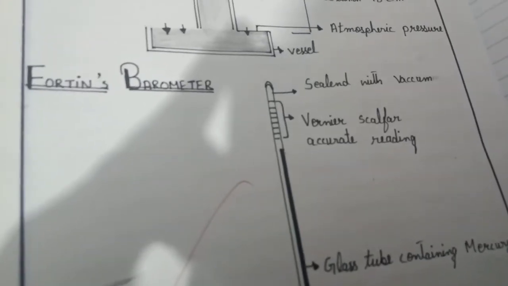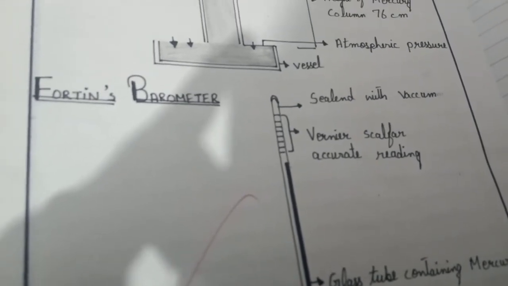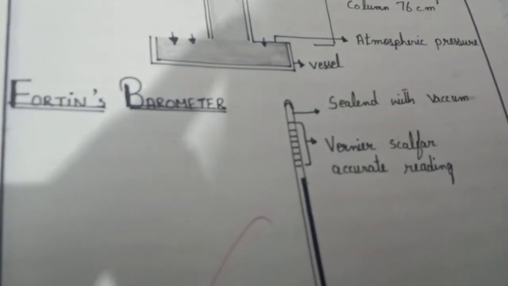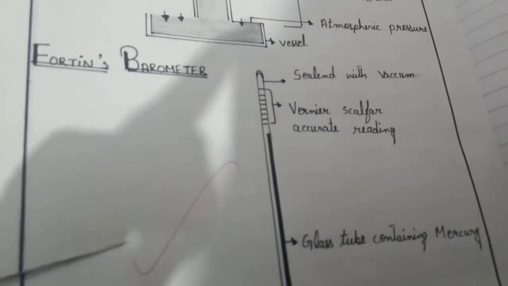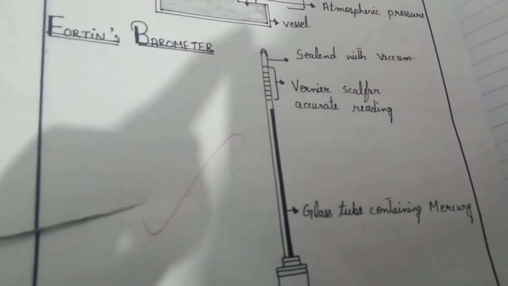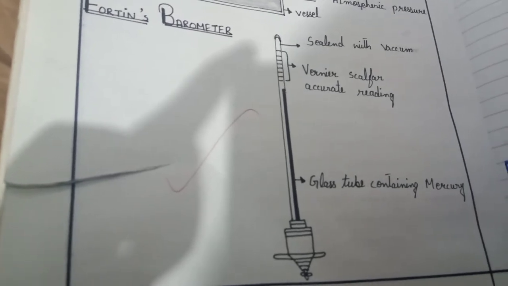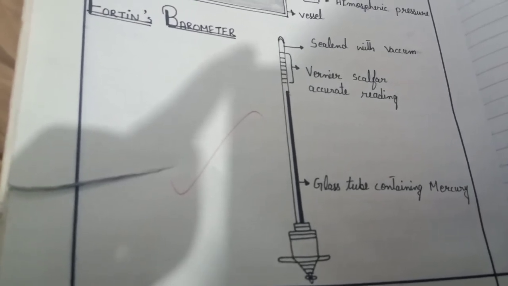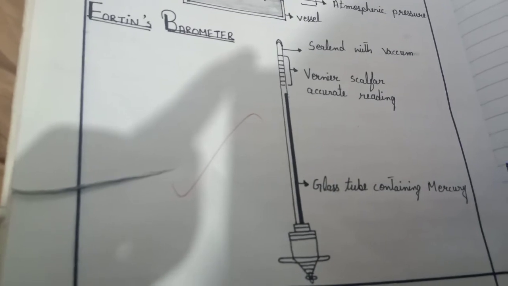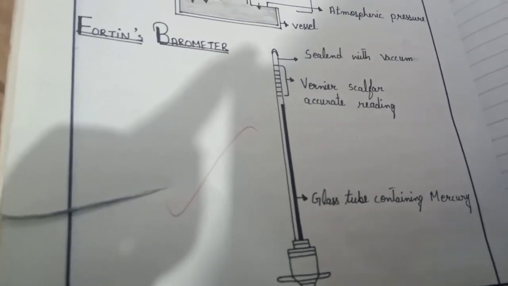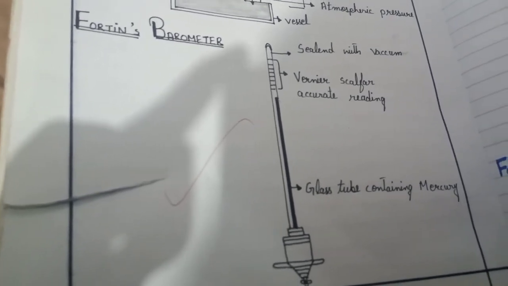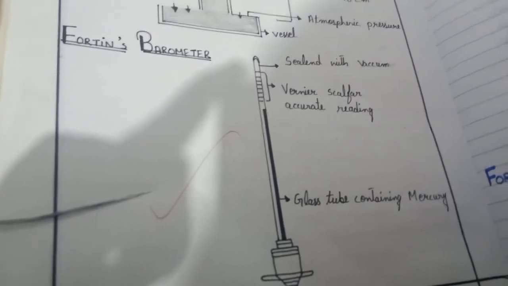Okay girls, here you can see in this diagram the second type of barometer, which is named the Fortin barometer, and you can see how it has been drawn. A very neat diagram by the student, and you need to draw it in the same manner on your blank page, just in front of the Fortin barometer write-up. So let's take a look at the theoretical portion of the Fortin barometer.